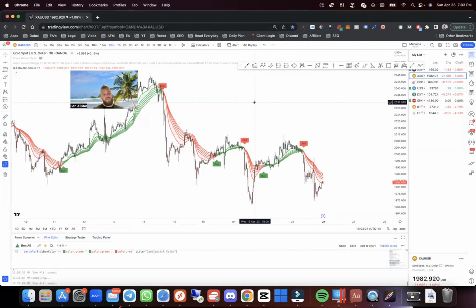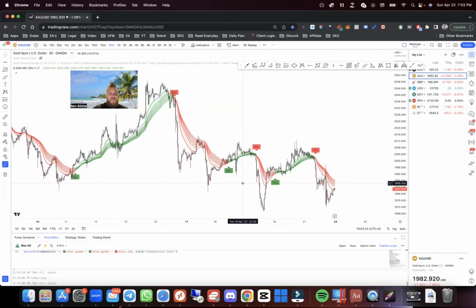Now, what you can see on the screen right now is the indicator that I'm going to be launching in the group next week. Now, this indicator, guys, is super cool. It's based off my manual trading strategy, and you can see here it's super accurate. Why this is going to be so powerful is because, number one, it runs off my manual trading strategy. And number two, we teach this strategy inside the Discord. So you can use this indicator to run alongside the manual trading strategy that you're learning and wait for the